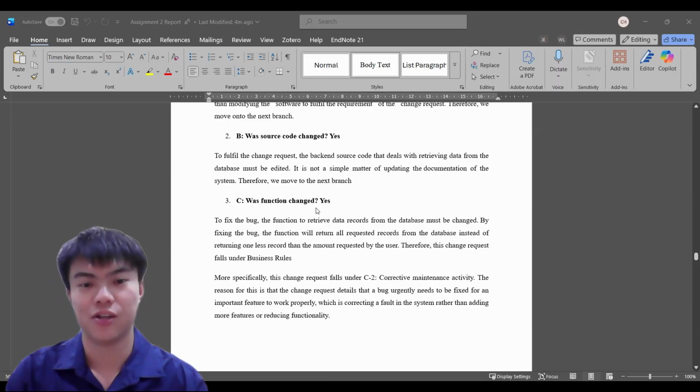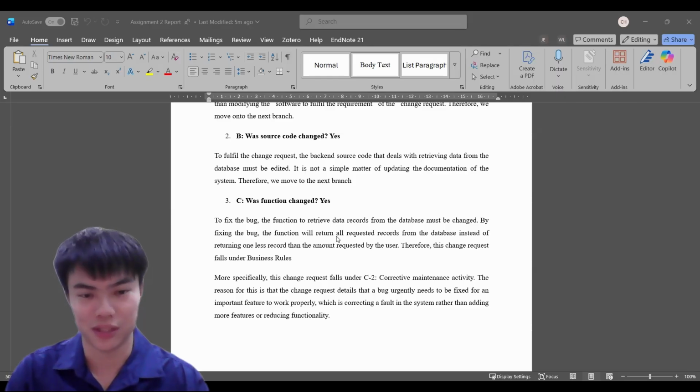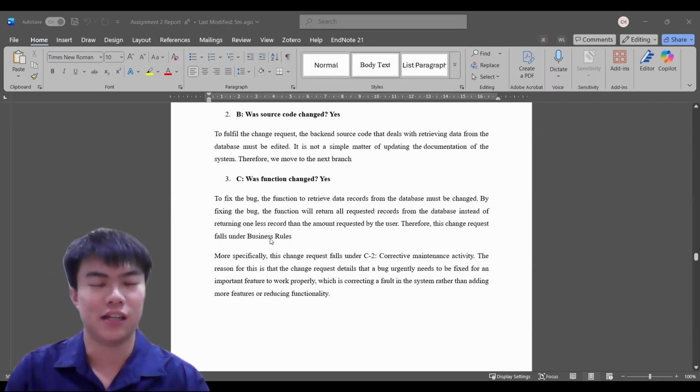And there was function change. Also, yes, because the function to retrieve data from the database has to be changed in order to fix the bug. So yes, the function was indeed changed, and therefore this considers the